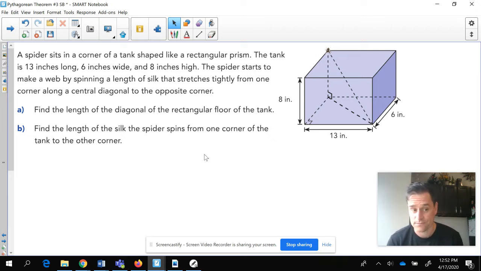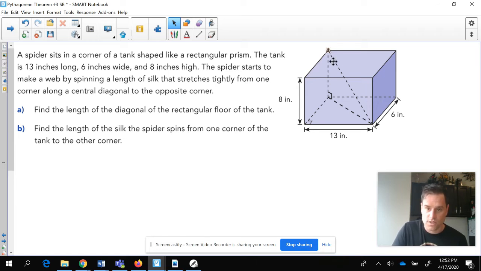That's a lot of information. So we're going to do two parts here. We're going to find the length of the diagonal of the rectangular floor of the tank, which is going to be, look at my cursor right now, right here. And then we have to also find the length of the silk the spider spins from one corner of the tank to the other corner,